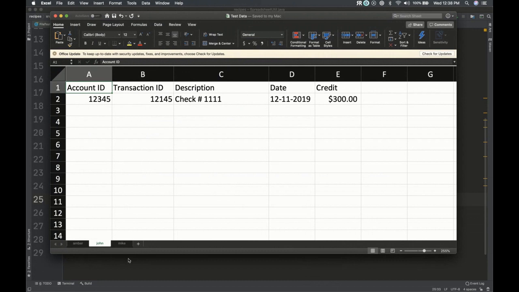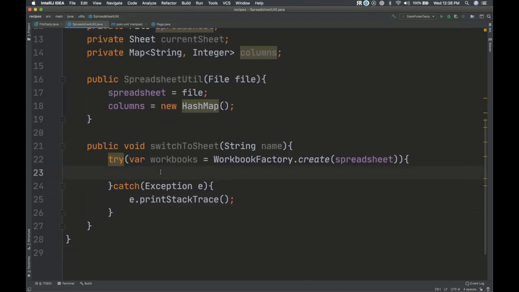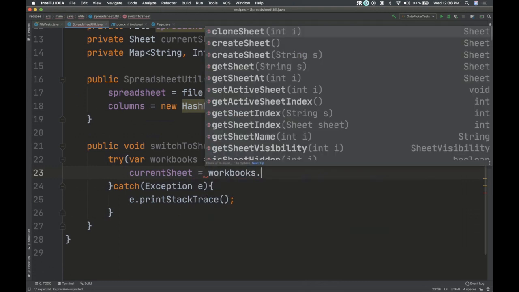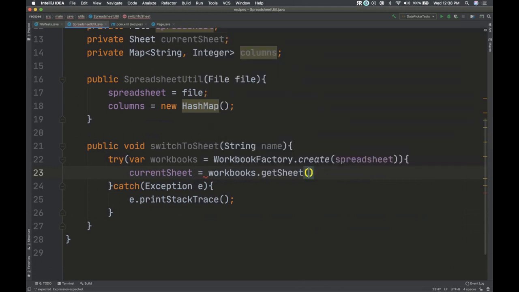And then we want to get the current worksheet that they want us to get. They passed in that name. So we're going to say current sheet equals workbooks dot, and let's see, there's a get sheet here. So we can give it the name of the sheet we want.